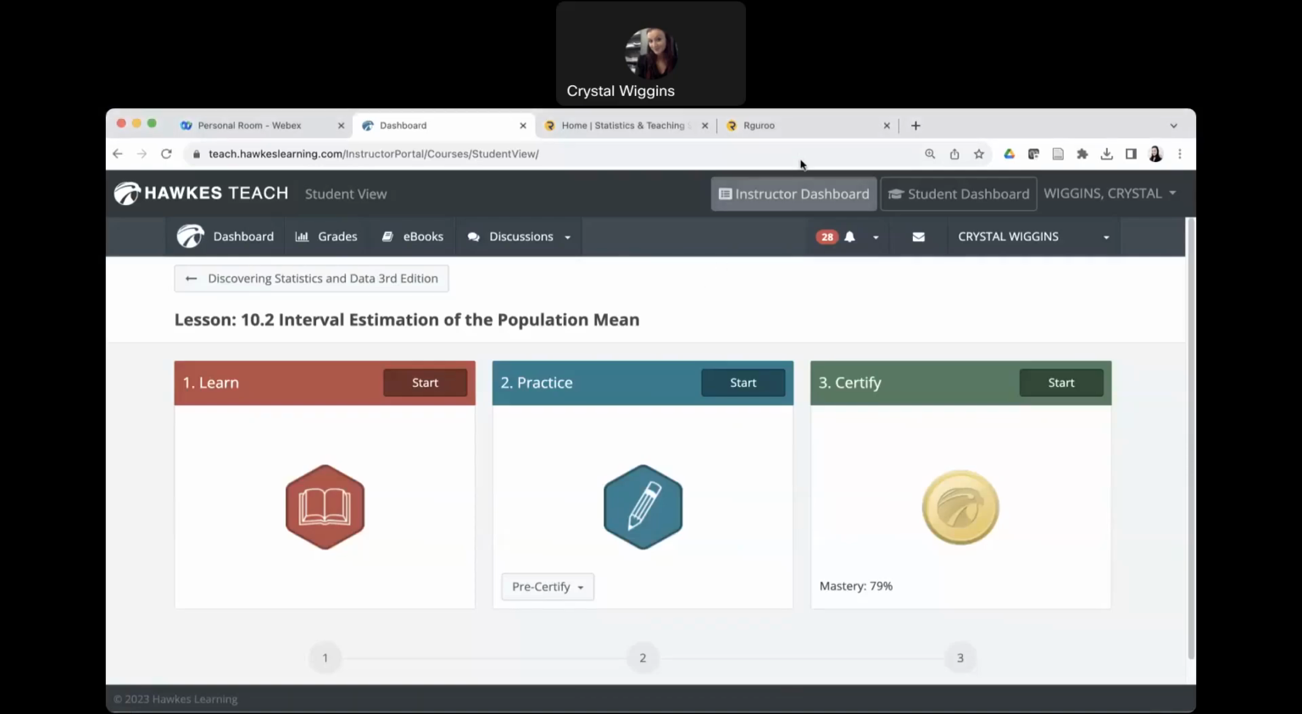All right, this video is to talk about how to use Rguroo to solve the problems in section 10.2. We're introducing confidence intervals in this section, and we are also introducing a brand new distribution, the t-distribution. So recall, in this section, we will have to make a distinction between what standard deviation we are given or